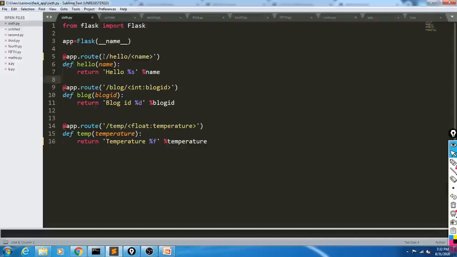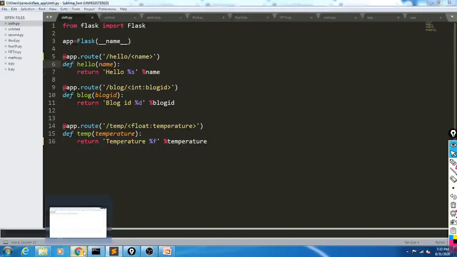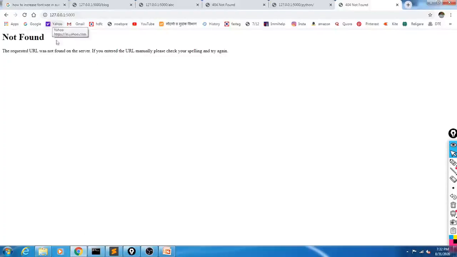In this URL we have specified /hello. Only / is not given in this web application. So when we execute only this URL without any string, it gives you an error.